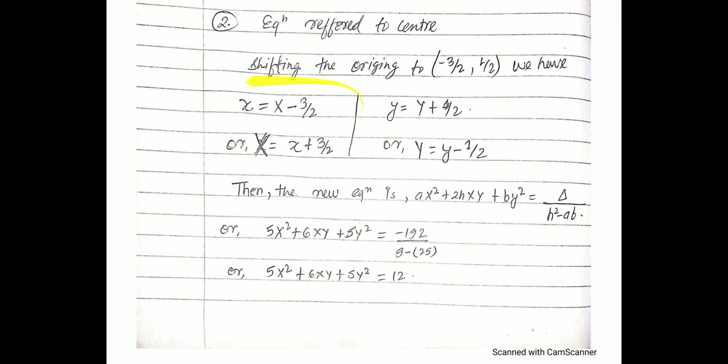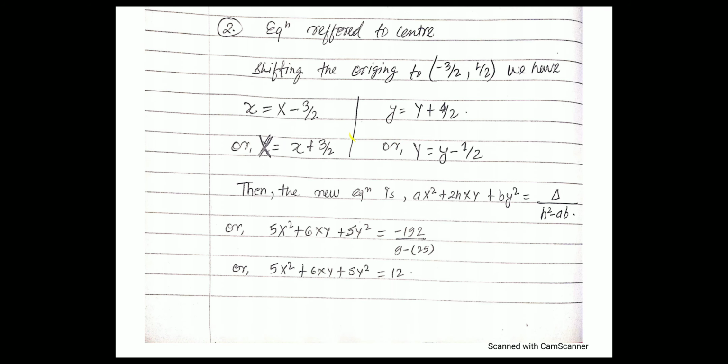small x equals capital X minus 3 by 2, and small y equals capital Y plus 1 by 2. Here we get capital X equals small x plus 3 by 2 and capital Y equals y minus 1 by 2. Then the new equation is ax square plus 2hxy plus by square equals delta by h square minus ab. Now putting the values, we get 5x square plus 6xy plus 5y square equals minus